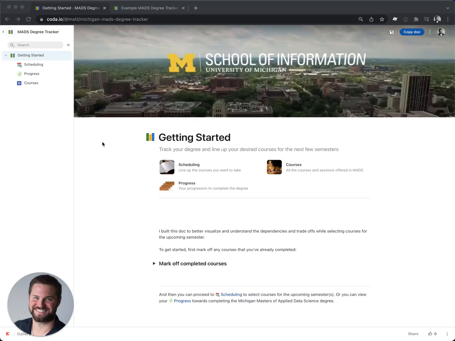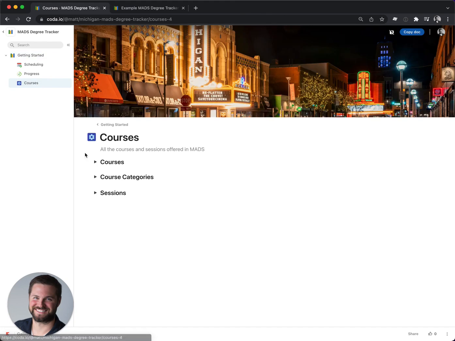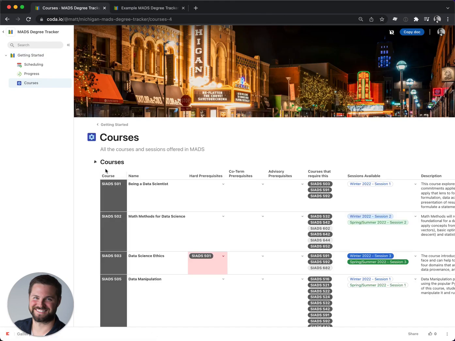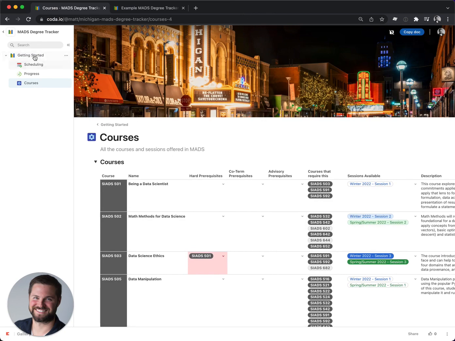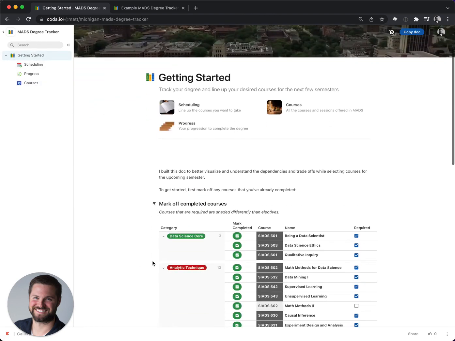Hey folks, this is a quick doc I built to better track and outline the path to complete all the courses in Michigan's Masters of Applied Data Science program. I pulled together a list of the courses based on the materials the faculty provided, along with their prerequisites, descriptions, and the like. To walk through how to use this, you'd start off checking off the courses you've already completed,